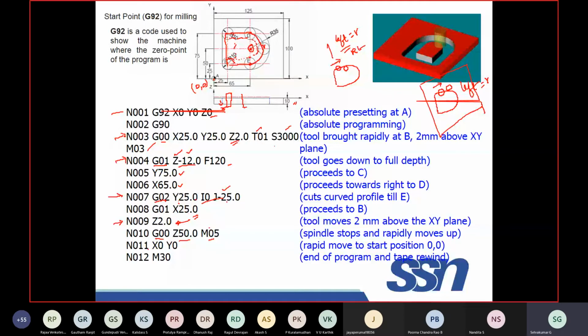Okay, next X0 Y0, so home position. After moving the tool away from the surface by 50 mm, the tool is moving to the home position, means this position. It will reach this position. The machining is completed. Now you can give M2 or M30, program stop. Okay, this is how the end milling is done for a particular profile.